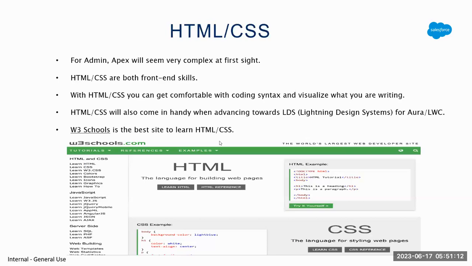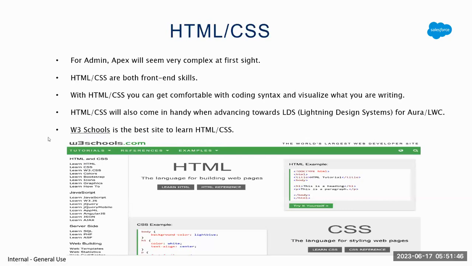HTML and CSS are both front end skills, right? And I learned from W3 Schools. I find this very preferable. HTML and CSS coding syntax was very simple, and basically what I type here, like body and a paragraph, I can visualize it. See, even a small child learns ABC by being shown a picture, like A for apple or B for ball. He learns to visualize it.